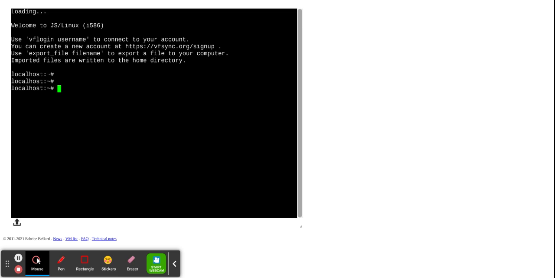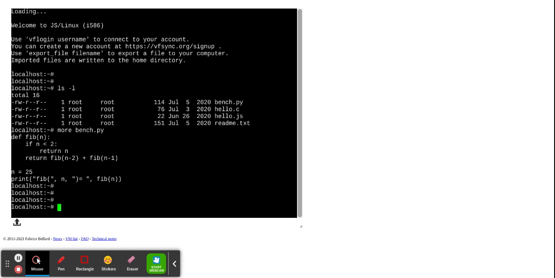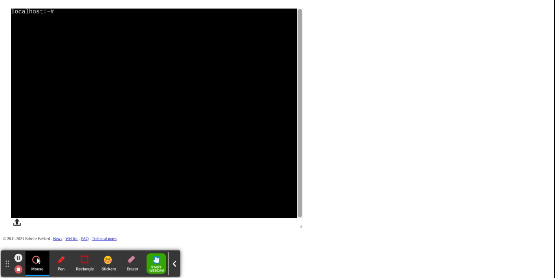So, like I said, what you have in this is basically a full-blown Linux machine running in your browser, and you can issue commands at the command line and get results back as you would on a regular Linux machine. Okay. All right. So right now, let's get back to our